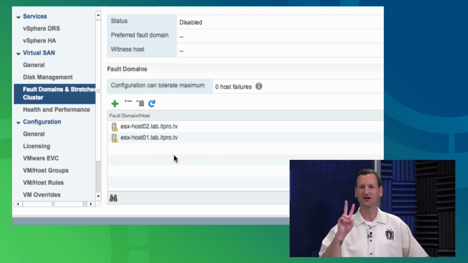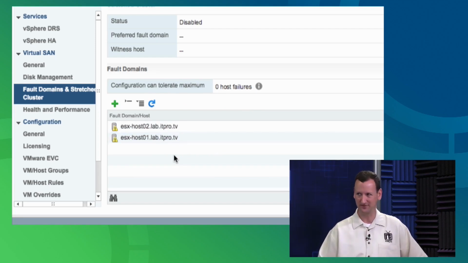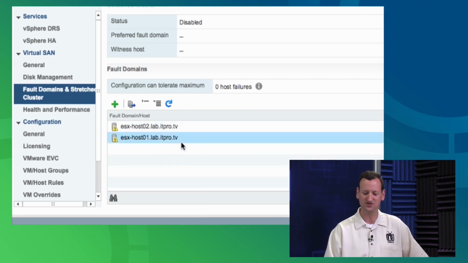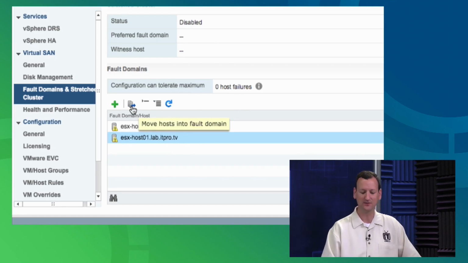VMware recommends that you have 2 servers in every fault domain at a minimum, and then go from there. Since these guys are their own fault domains, it's 2 domains with only 1 server in each, so technically I can't tolerate a failure, all right? But we can come through here and we can add new fault domains and then we can move the hosts